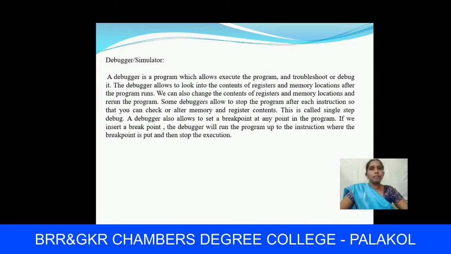Okay, next coming to the debugger or a simulator. A debugger is a program which allows us to execute the program and troubleshoot. That means the debugger is also a program which will execute the program and troubleshoot the program. Troubleshoot means debugging. Debugging means it will correct the errors.